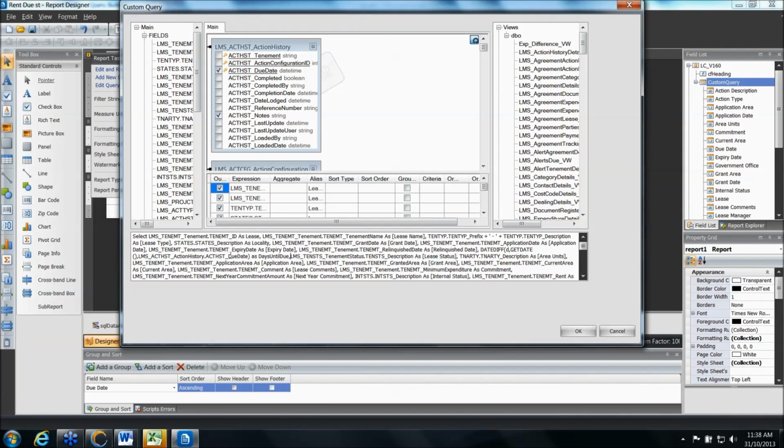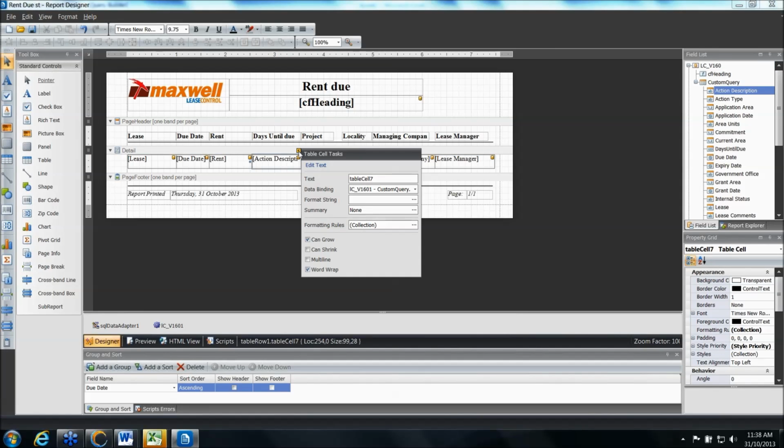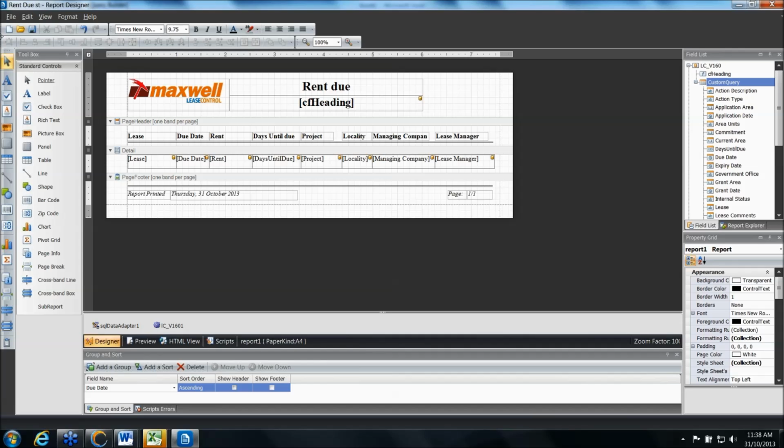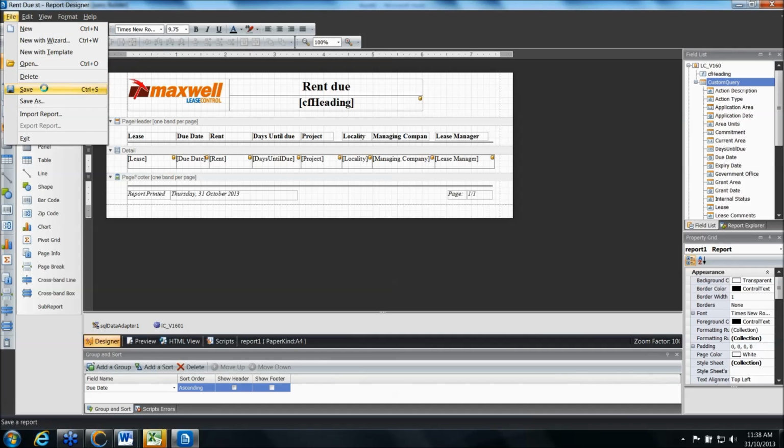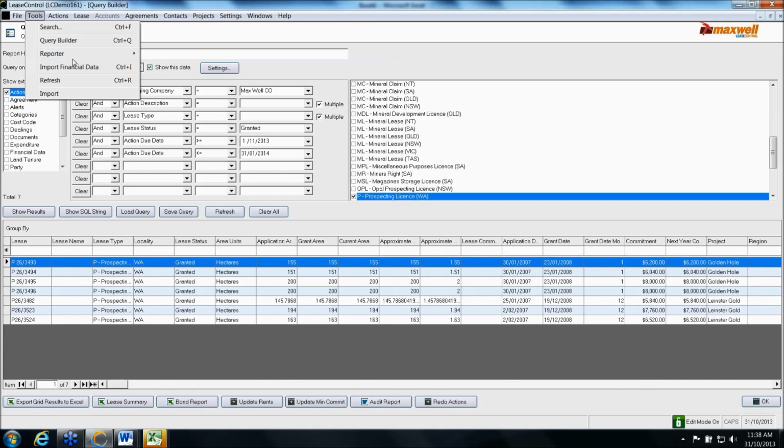Now from here, if you've done anything wrong in here, it will complain and show you an error, so hopefully we don't get that. No, it's all gone through. So now we'll just do a file save on this, and we'll change this data type. Hopefully we'll have days until due available there. I'll save that, and we'll shut the designer down, and now we can go back to the report viewer,